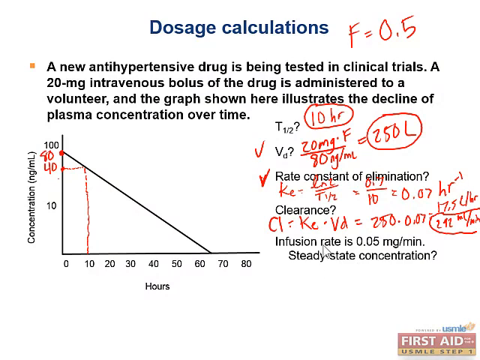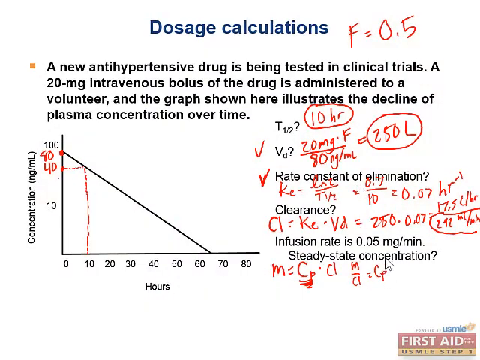Now, to answer this, we'll need to remember that for constant IV infusion, the maintenance dose, which I'll label by M, is going to be equal to Cp, the plasma concentration, times the clearance of the drug. Now, we want to know the plasma concentration at steady state. So what we can do is divide by the clearance to rework the equation. Maintenance dose divided by the clearance is equal to our